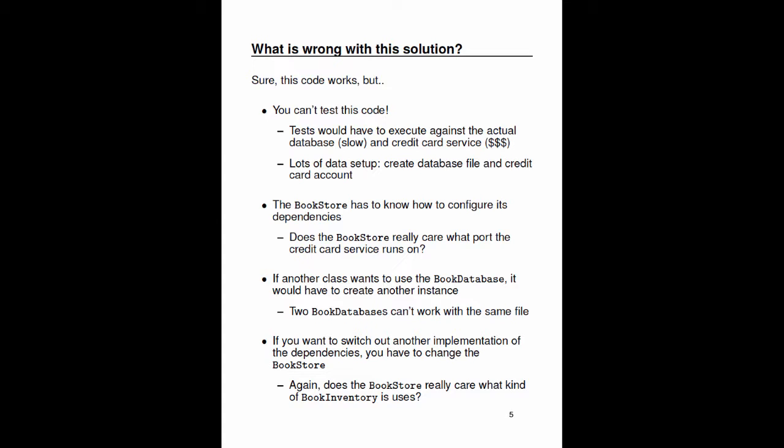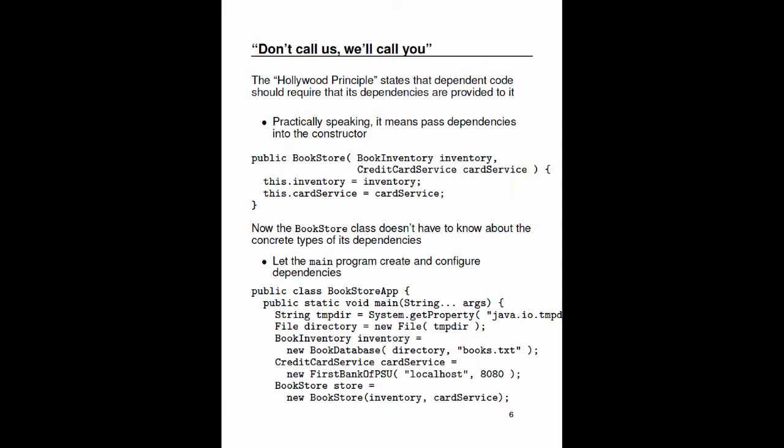And finally, if you want to switch out another implementation of the dependency, so you want to use a different implementation of credit card service or a different implementation of Bookstore, maybe the one that writes to a relational database or stores this information in the cloud, you'd have to change the Bookstore itself. So if you go into the Bookstore code just to change the implementation. Again, it really begs the question, does the Bookstore really need to know what kind of book inventory it uses? Or it just has to know that, hey, there is a book inventory and I'm going to use it? Well, these are the kinds of questions and issues that are addressed by the dependency injection or dependency